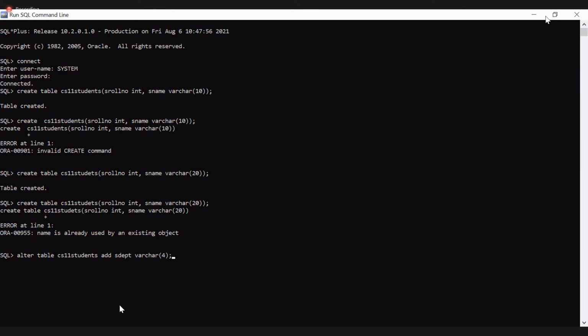So alter table name, add keyword, S department, varchar. Table altered. But we haven't checked the output, like whether this S department column is added or not.